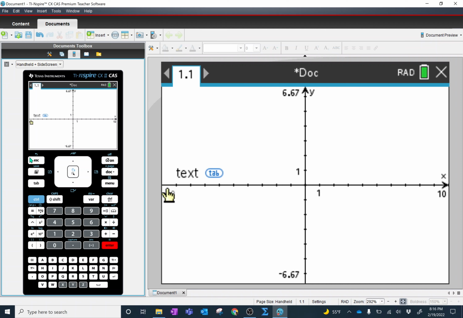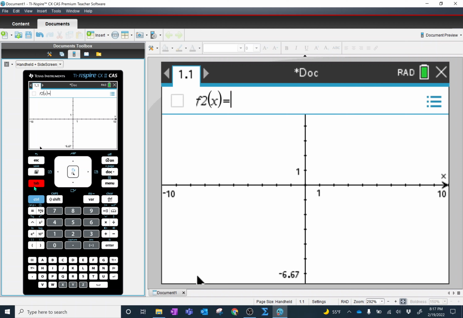Let's go back and hit the tab button. There we go. And there's F2, so we'll put in 50 times, got to put that times in there, open